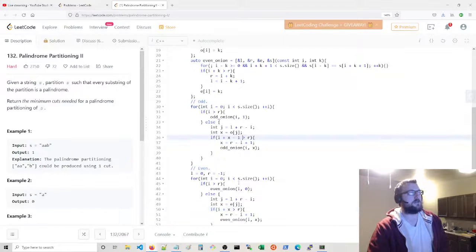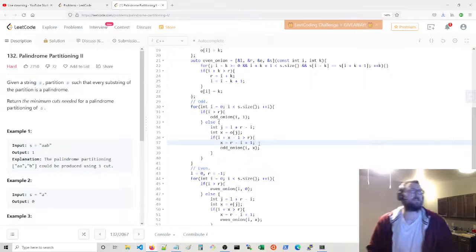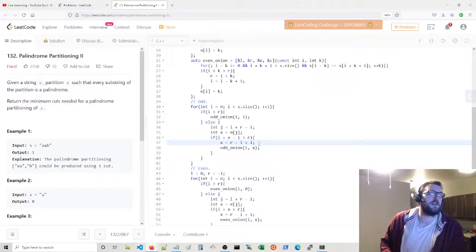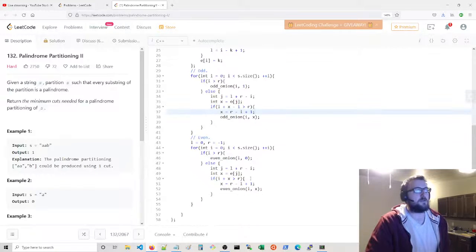On the other side, this will update to the number of characters. So now this is tricky. For the odd side, the number of characters difference between the current r and i is r minus i plus 1, inclusive. And the even side, there's a 1-to-1 correspondence between the number of layers and the number of characters. However, on the even side, we have to actually take